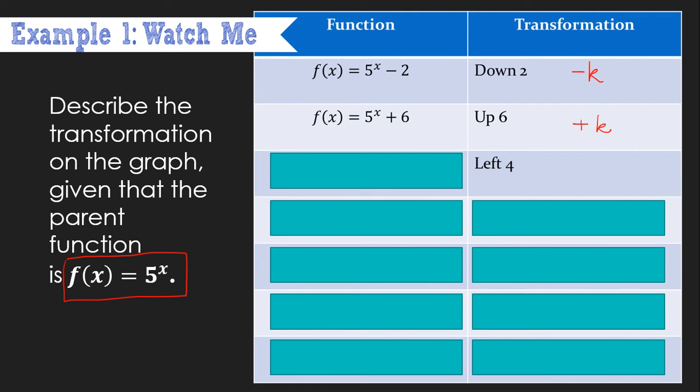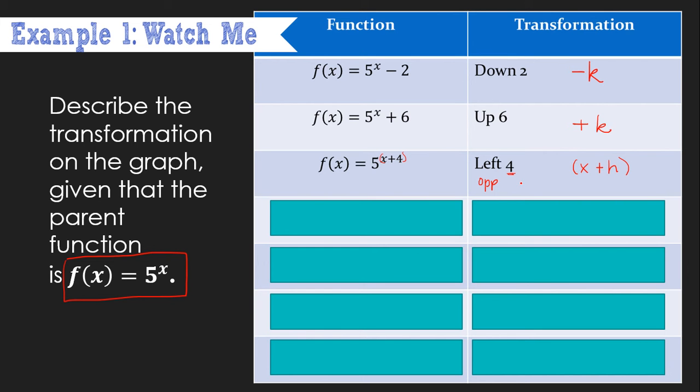Okay, then sometimes we're asked to move left or right. So if I'm moving left, this is when it's impacting what is inside with the x, okay? So if I'm moving left, I'm actually going to be adding. Remember, this is opposite of what we see. Okay, so I would be adding h. In this case, my h is 4. So when I get to my function, it would look like this. f of x equals 5 to the x plus 4, because